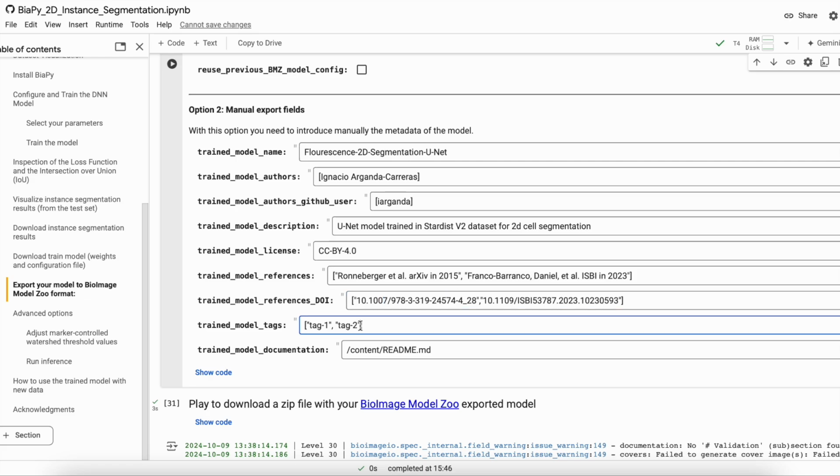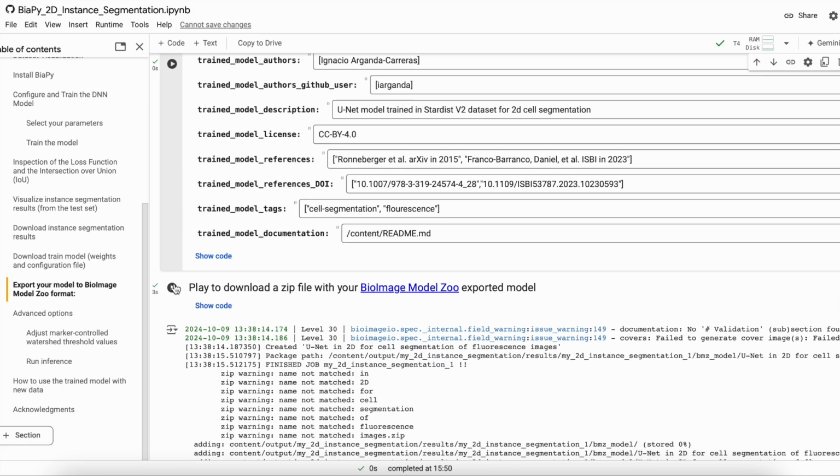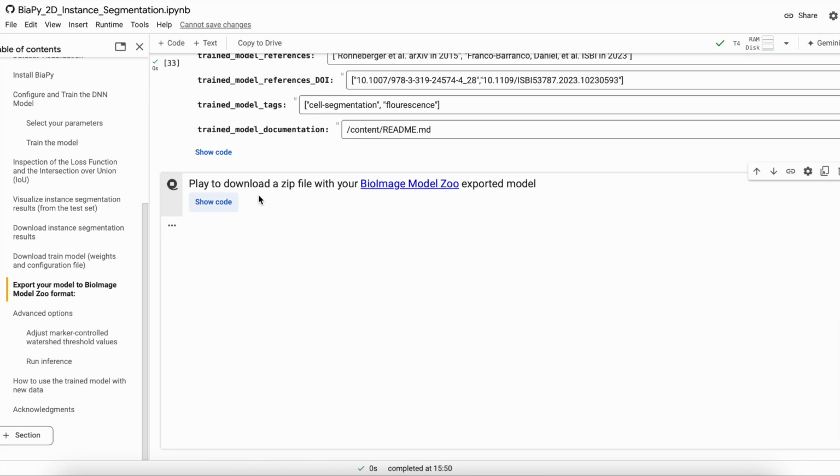And then we can add some tags. By default, the notebook will add instance segmentation and 2D and BiaPy, but we can add more. For example, I can add a tag to be more informative, to say cell segmentation, and maybe fluorescence. Okay, so that's it. I run the cell, and then I have to click on play to download a zip